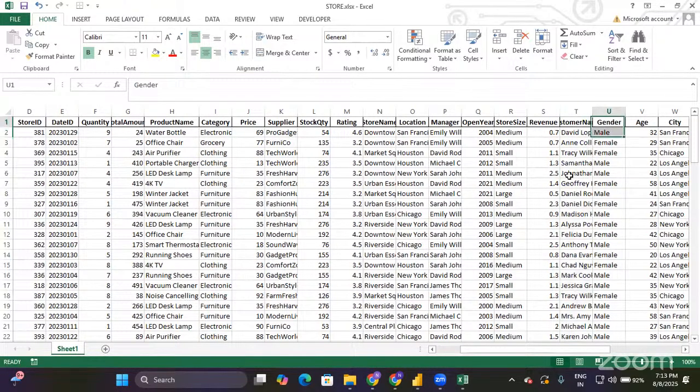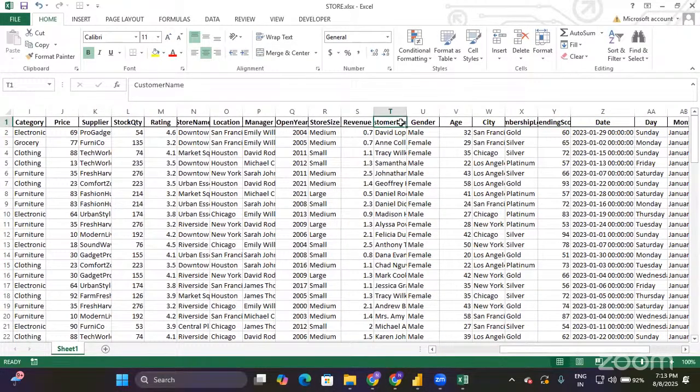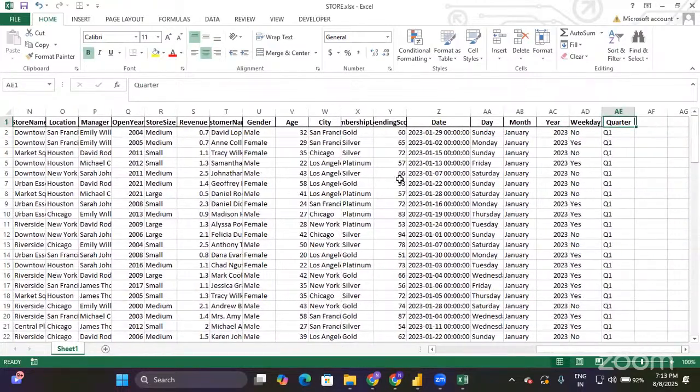Okay. So next to that we have customer details. See, customer name, customer gender, customer age, customer city, customer membership level, then customer spending score. So in this way, we have many columns which are talking about customers. So for sure, I feel there might be similar kind of customers. We'll figure it out, guys. And finally, we have date related columns. Yes, I can clearly see,